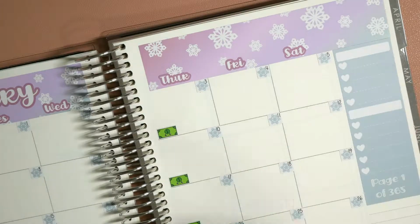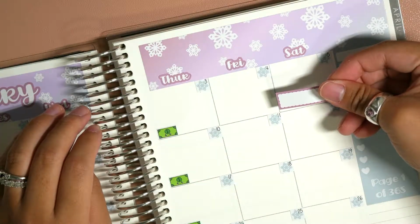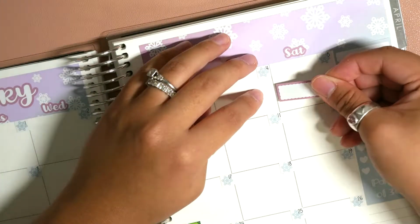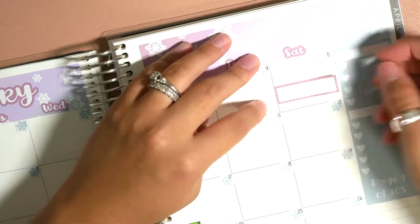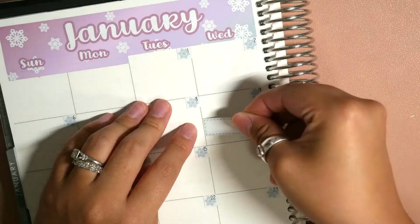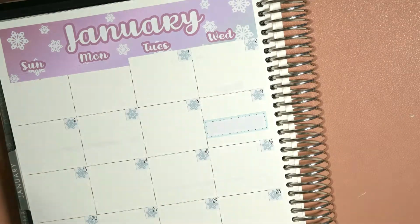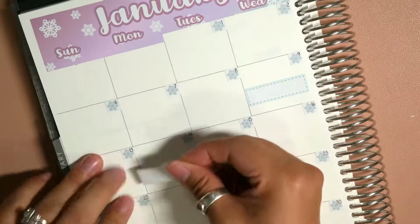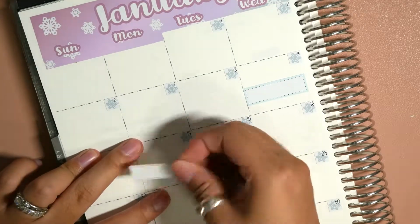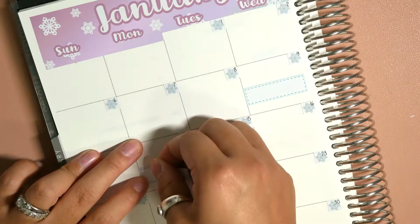I used stickers from the kit that were bill related, so lights and cable and things like that, but I didn't write what it was. I just used a sticker. I really wanted to use a monthly overview just as a fun thing, and also to not waste the pages so much. But as you could see, on the 5th, 9th, 14th, and 20th, I put something down, as well as the 25th and the